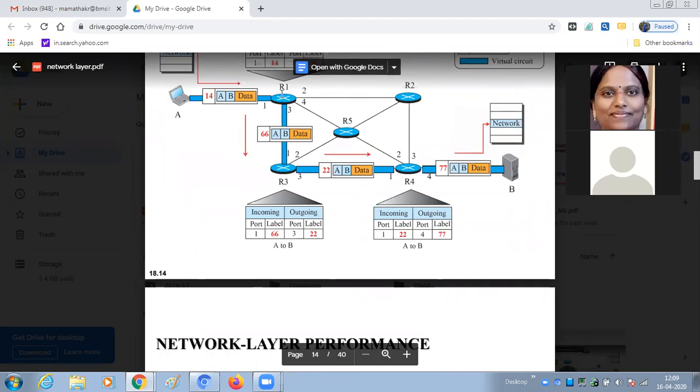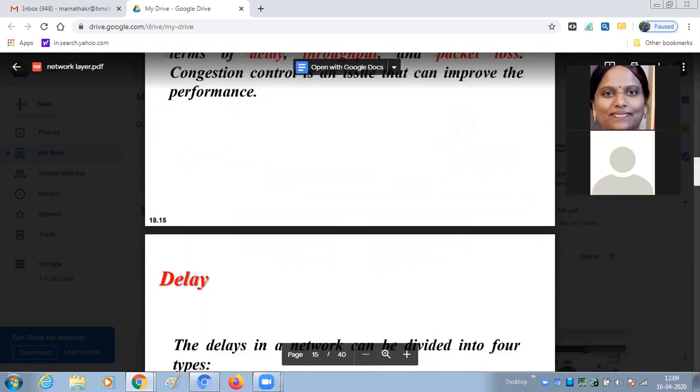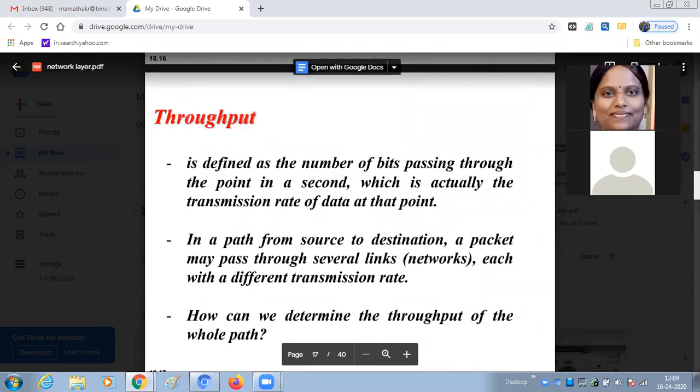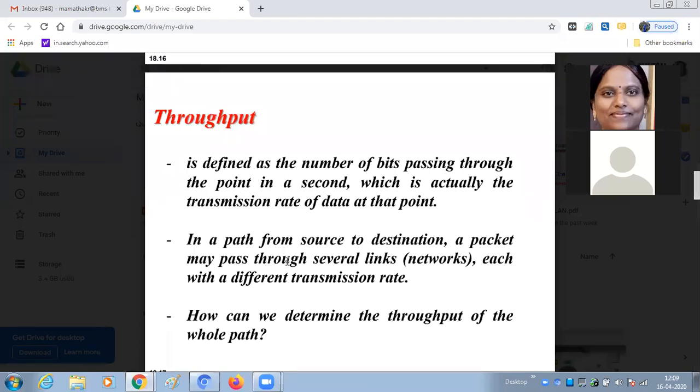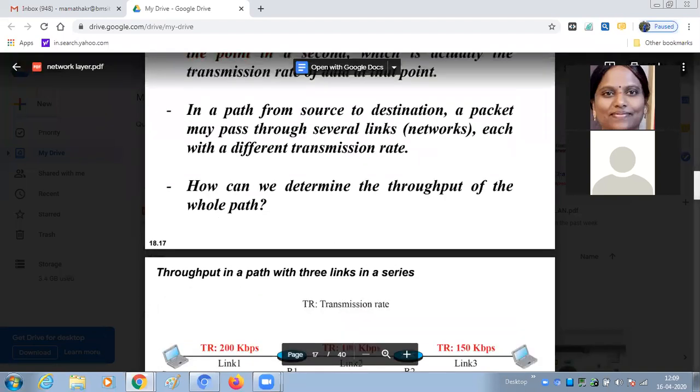In the same network, if different rate systems are connecting, then each can have a different transmission rate. That option is there in the network layer. Then it is very difficult to find out the throughput of the whole path, so we should know each link's transmission rate.